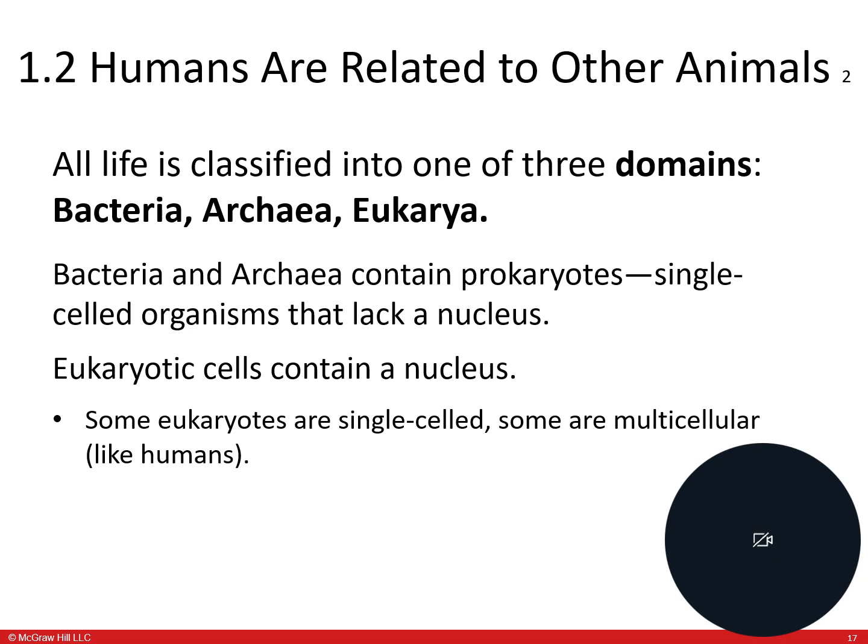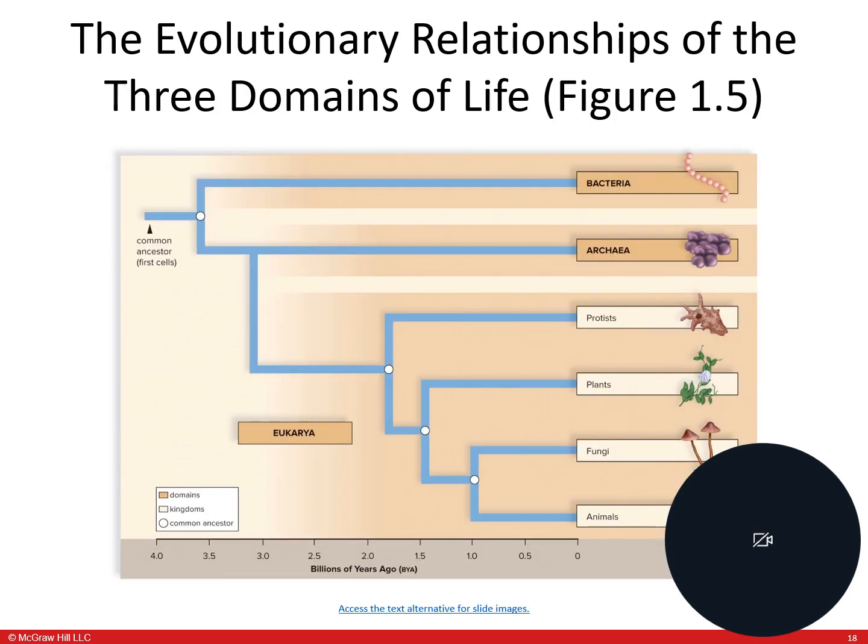So some eukaryotes are single-celled, like, for instance, our amoeba that we found in pond water, but a lot of them, like ourselves, like your cats, your dogs, and us, are multicellular. So we're going to, after this chapter, of course, for most of the semester, we're only going to look at eukaryotes, but we want to know the difference between eukaryotes and prokaryotes. So those are my evolutionary relationships, right? You have bacteria, archaea, and then all of the rest, which are eukaryotes. And of course, eukaryotes are going to make up a vast majority of those domains. But again, there are lots of bacteria and there are lots of archaea.